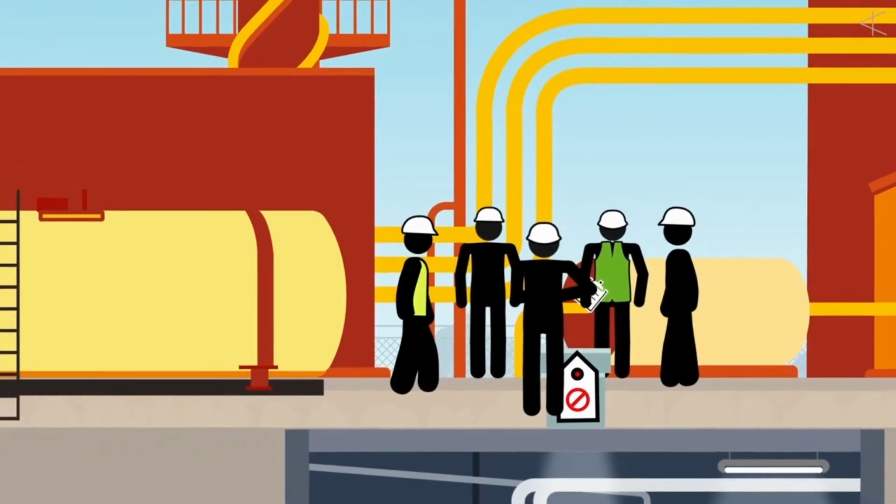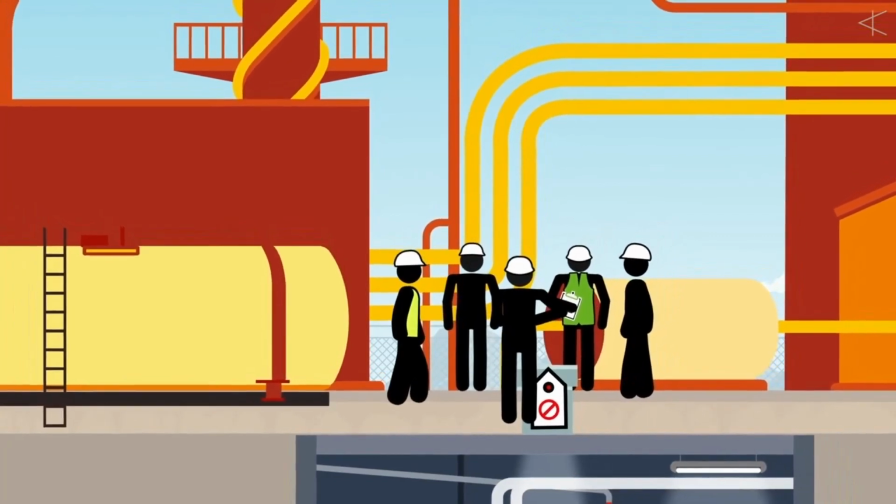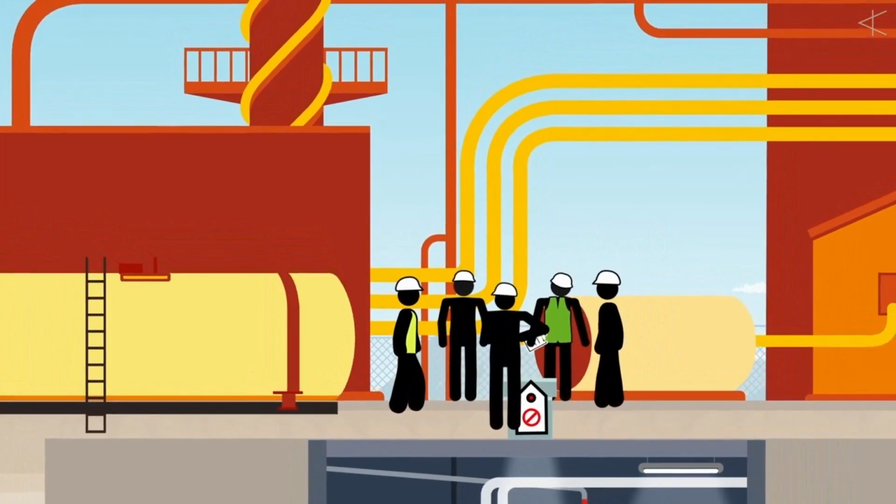The confined spaces rules are there for a reason, to keep yourself and others safe. Always verify the necessary safety precautions are in place before you